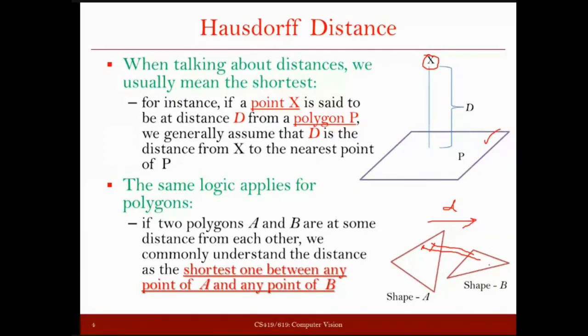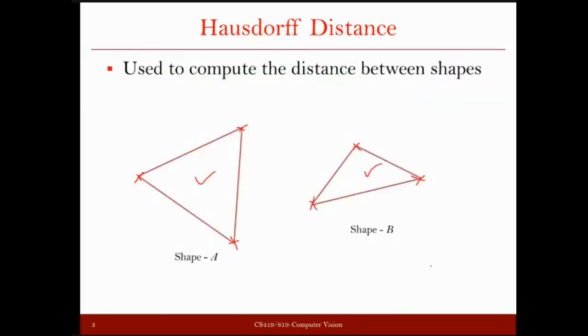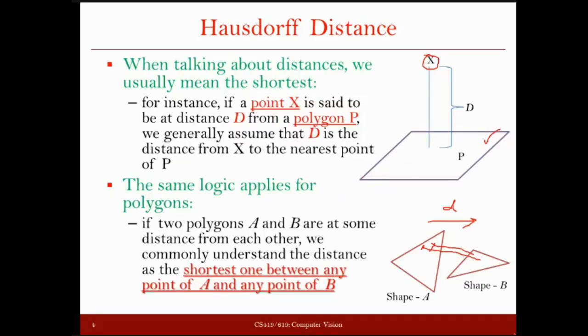Okay. One more thing, let me just tell you. When you are comparing this shape with this shape, you don't have only these points which are defining this shape. There are a lot of points. Even the points on the lines, and the interior points inside this region, all those points are being compared with the points that you have here. So if you are computing the minimum distance between these two given shapes, you can consider, one by one, the points in one shape and compute the minimum in the other shape, and then out of those minimums you compute the minimum overall.